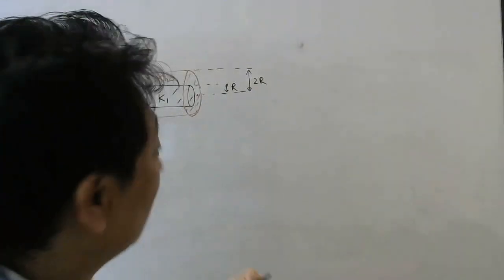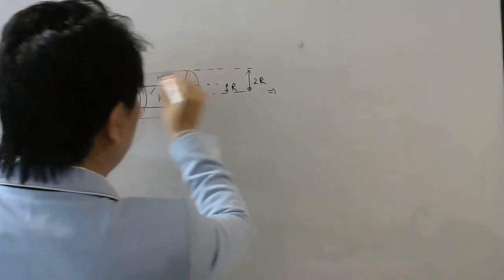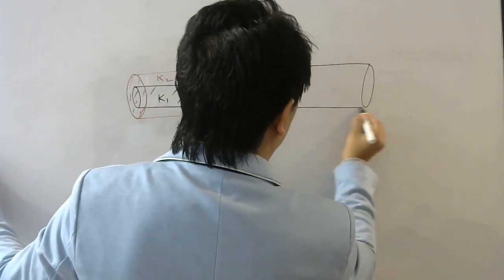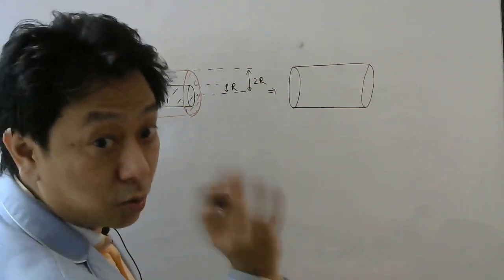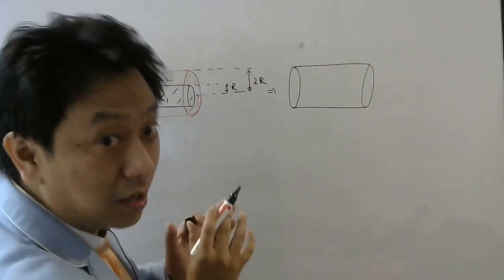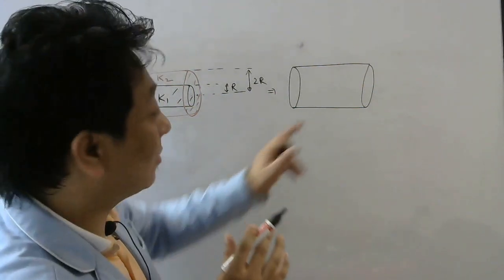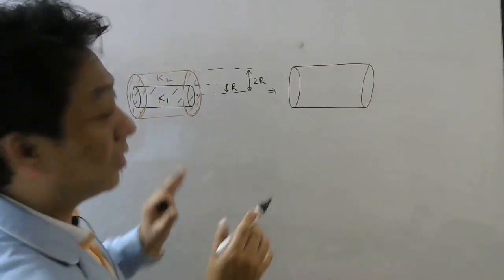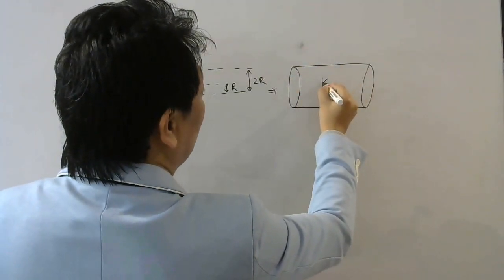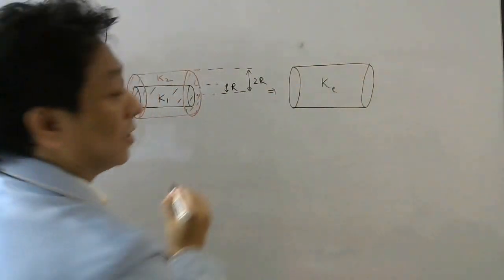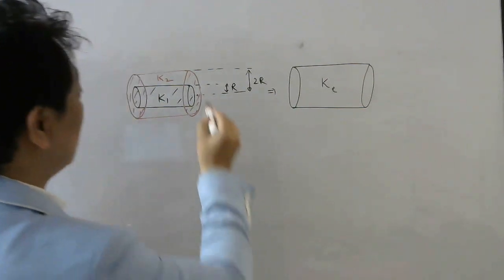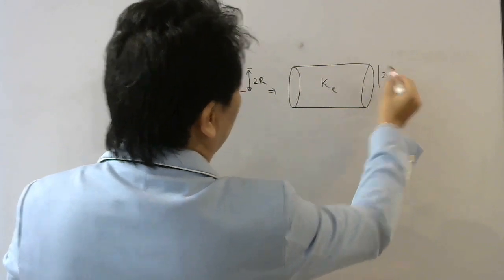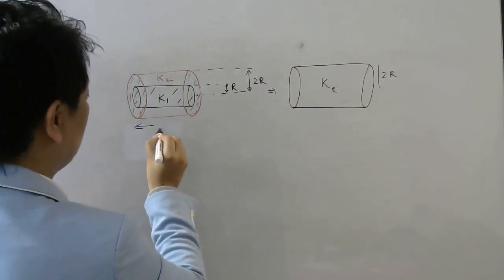Now what does effective thermal conductivity mean? It basically means if you replace these two cylinders by a single cylinder, so that whatever total resistance these two have together, that total resistance should be same as resistance of this one, then this is called equivalent of these two. So whatever thermal conductivity this has, let us assume it is K effective. Let us write it as Ke. Obviously the radius of this is 2R, the outer part, so this will also have radius 2R, isn't it? And here the length is not given, so let me assume L.